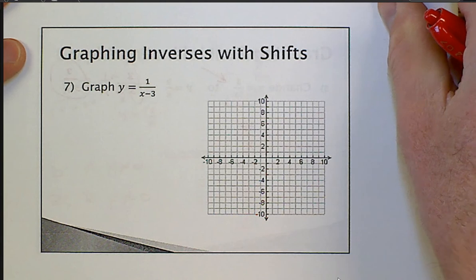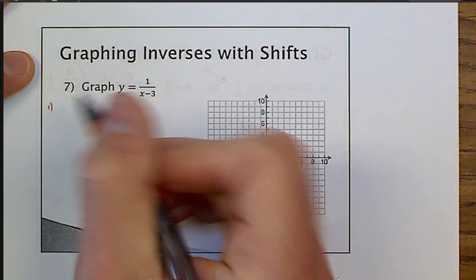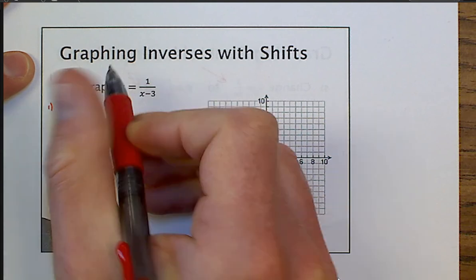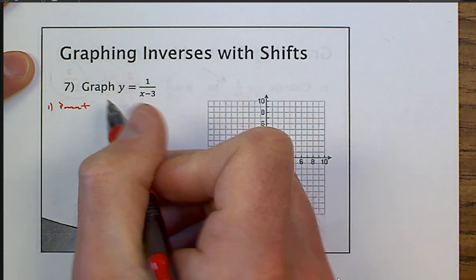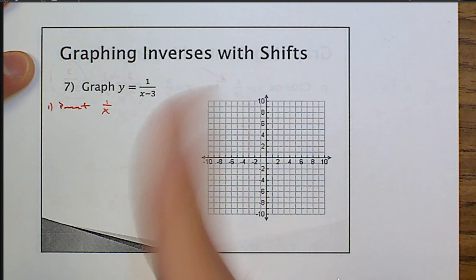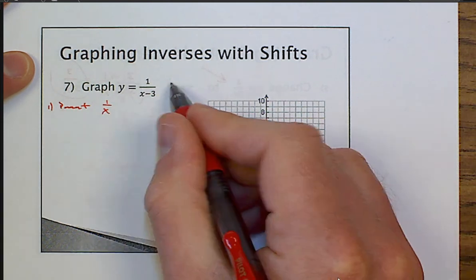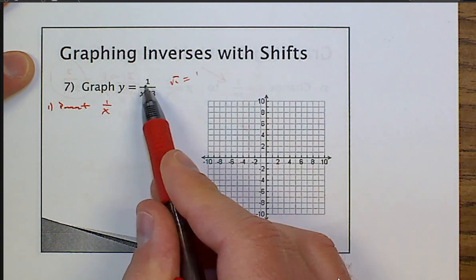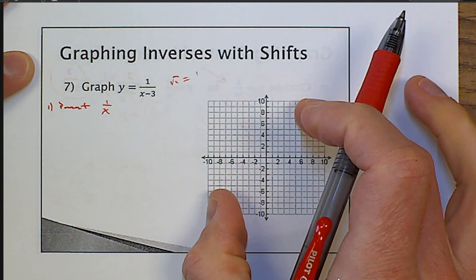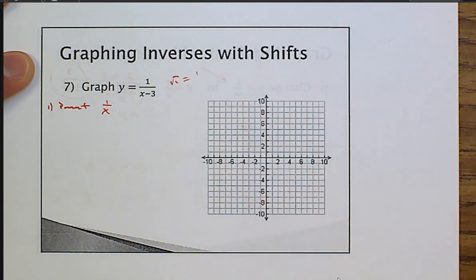All right, so what's happening with our parent function? If I follow my own rules, my own steps, my parent function would be 1 over x. So think about 1 over x, take the square root of 1. Square root of 1 is 1. My k value is positive, so I know I'm going to be here and here. Those are the kinds of thoughts that should be generated in your brain as you